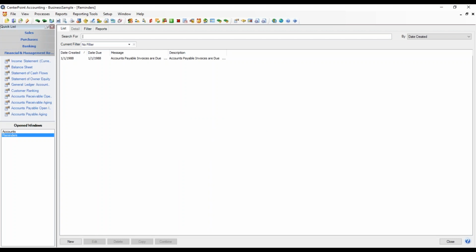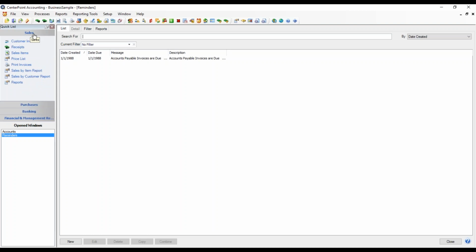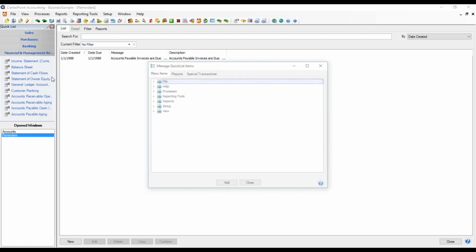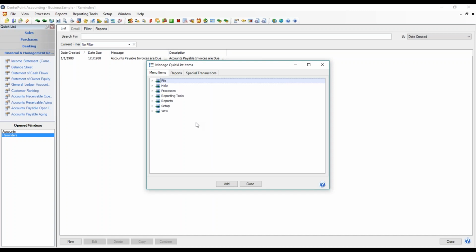A menu that I find even more helpful than the toolbars is the QuickList, and that is this tool or this menu here on the side of the screen. It is organized into sections. So here's one called Sales, and here are common screens having to do with sales. Here's one with purchases. Here's one for financial and management reporting that has reports on it. Once again, these are completely customizable. So you can right-click on a section, and you can go to Manage Items, and you can pick from any of our menu items to add to this section by finding where it would be on the menu,